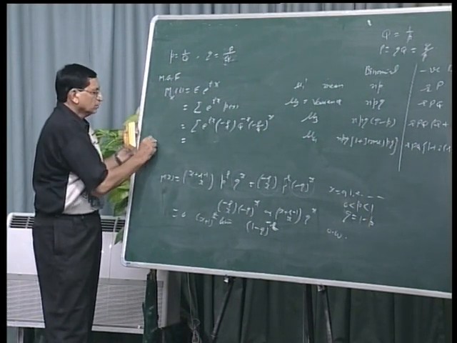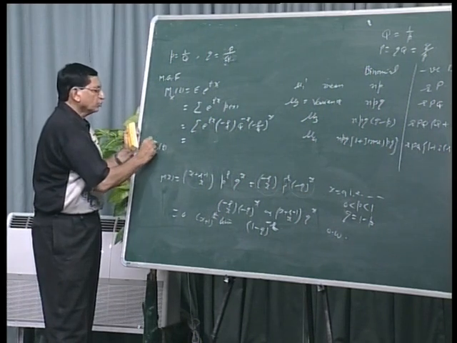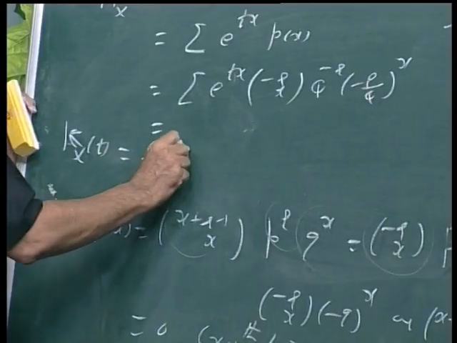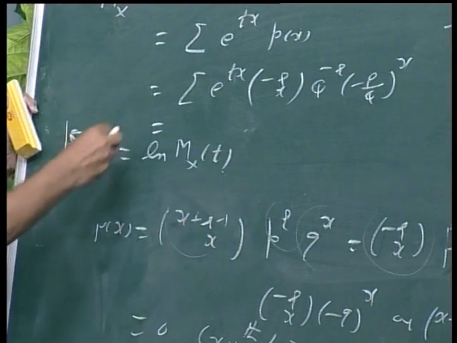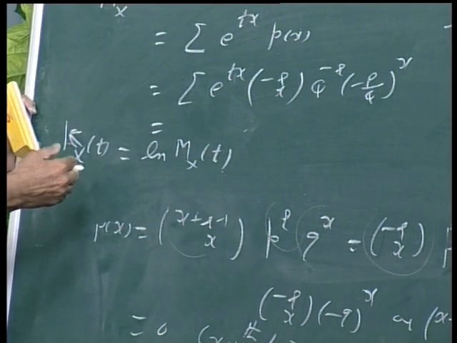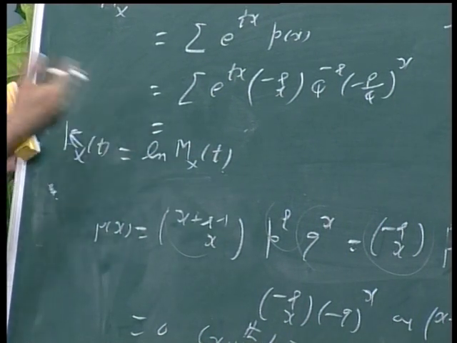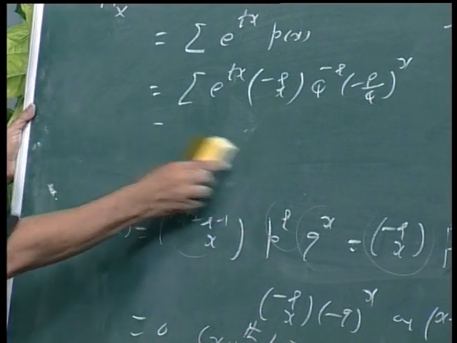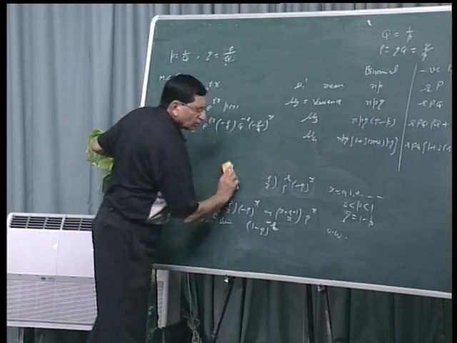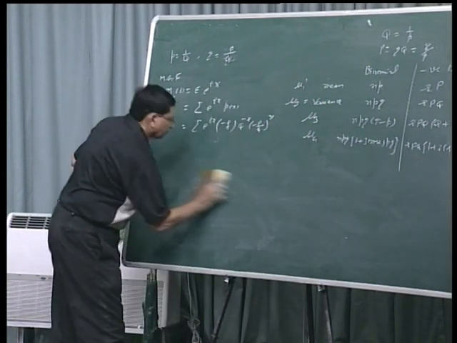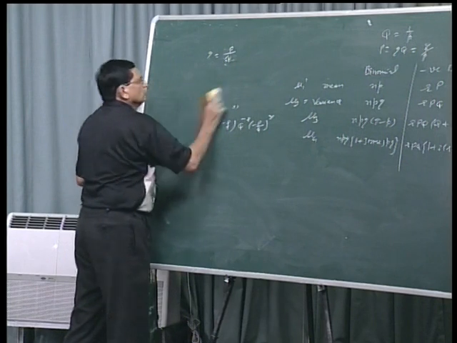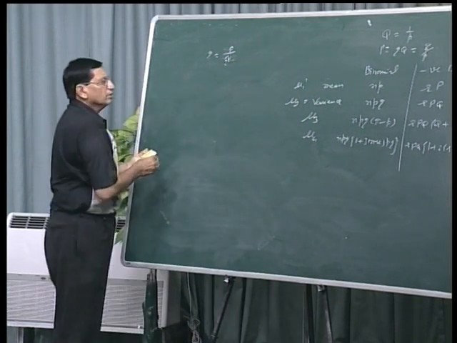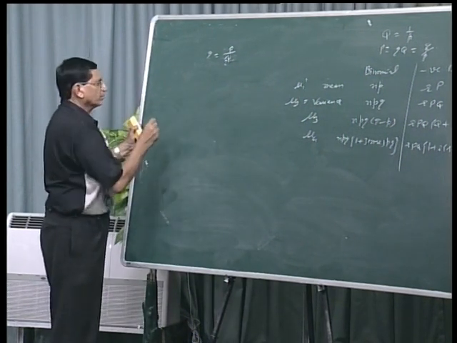Similarly, we can find the cumulant generating function, which is log of M_x(t), and from this the coefficient of t^r/r! in K_x(t) will give you cumulants of different orders. One thing you just remember, in binomial distribution,